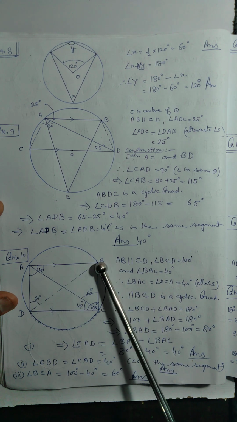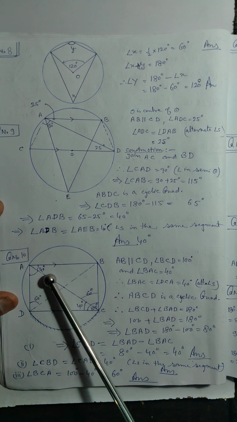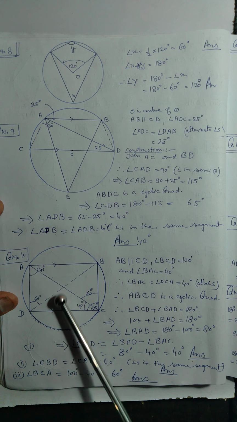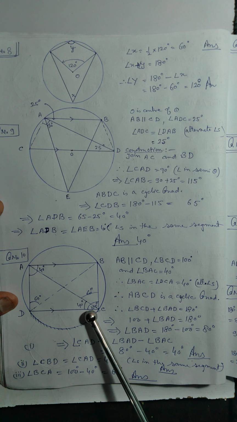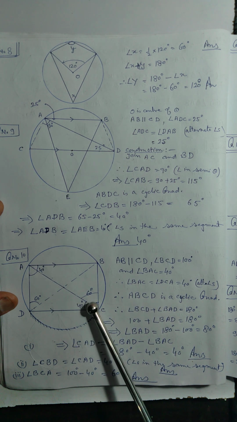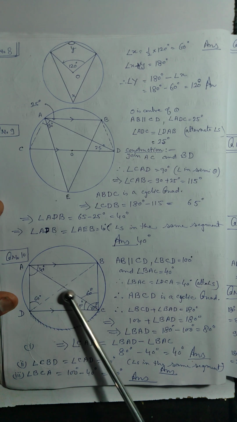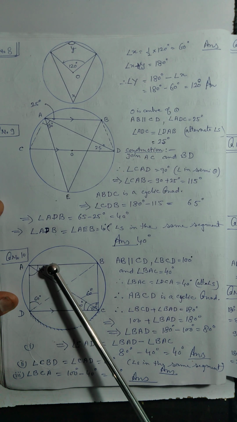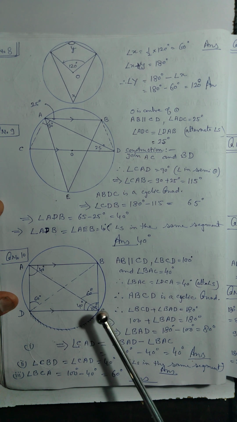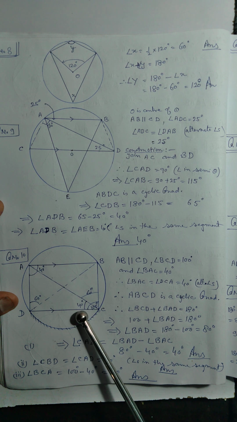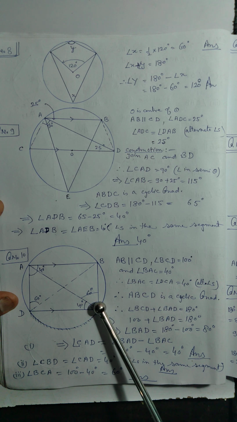Now you see the BAC, so these two lines are parallel, therefore the alternate angles. So DCA will also be equal to 40 डिग्री. अल्टरनेट एंगल, दो लाइन पैरेलल हो गया और ये ट्रांसवर्सल का काम कर रहा है. कौन सा? AC ट्रांसवर्सल है. Therefore this 40 degree and this will also be 40 degree. So once you subtract this 40 from 100, this angle ACB will be 60 degree.